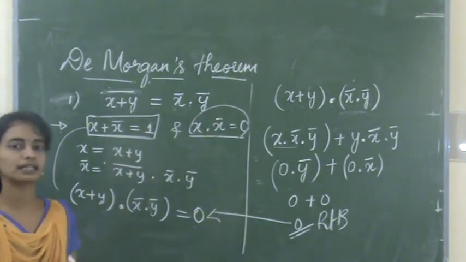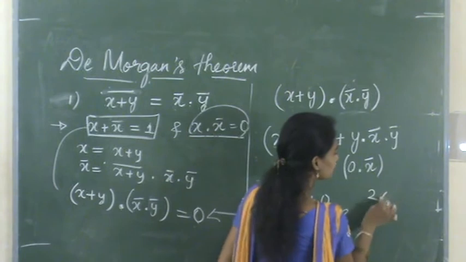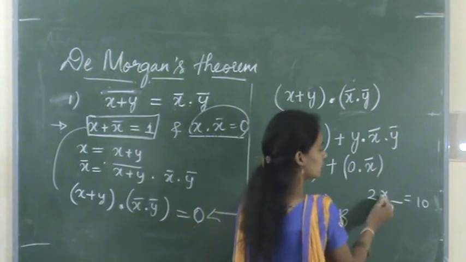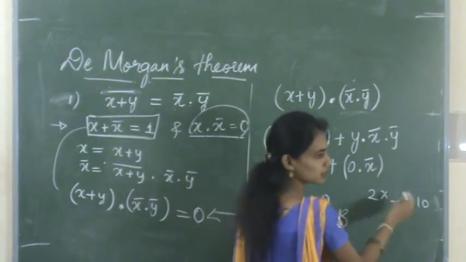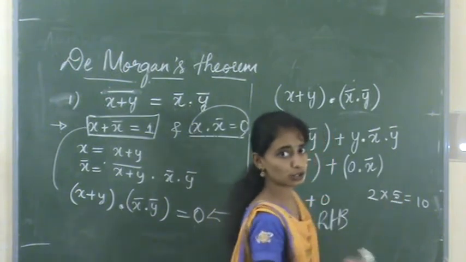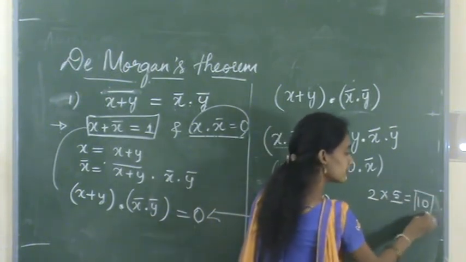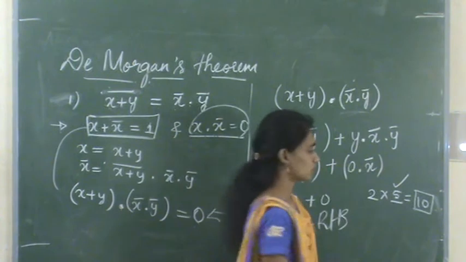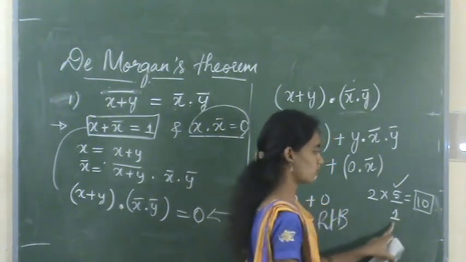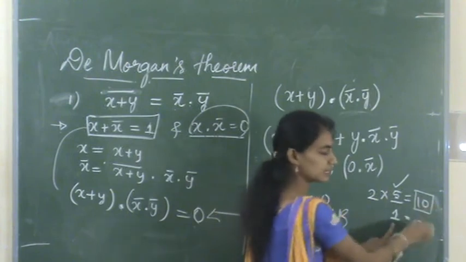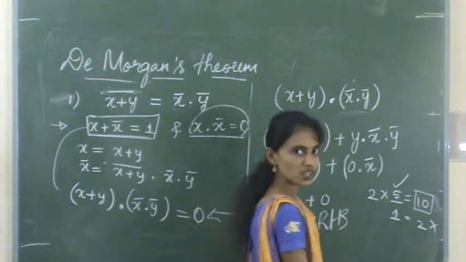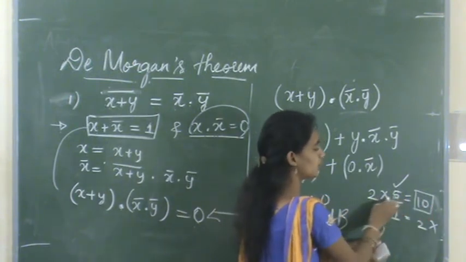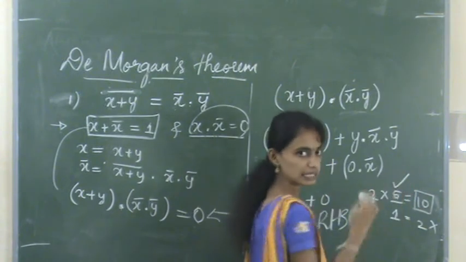Okay. So suppose you are considering like this, okay, 2 into something is equal to 10. So first you will assume, right? 1s are not possible, 2s are not possible, you will write 5. So you are assuming that 2 fives are 10. So if you get the result 10 as 10, then you can say that your assumption is right. If you take the assumption as 1, you will get the result as 2. So is it equal? No, right? So then your assumption is wrong. Likewise, if I am assuming 5, the 5 value is correct. 2 into 5 is 10 only, right? So now the assumption is correct.